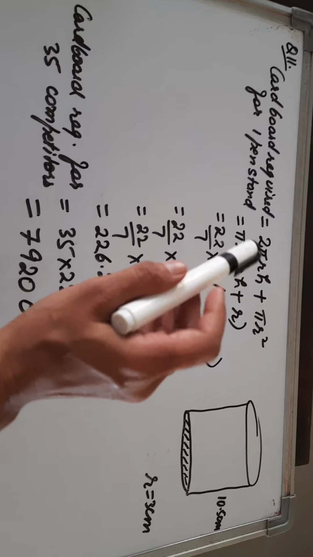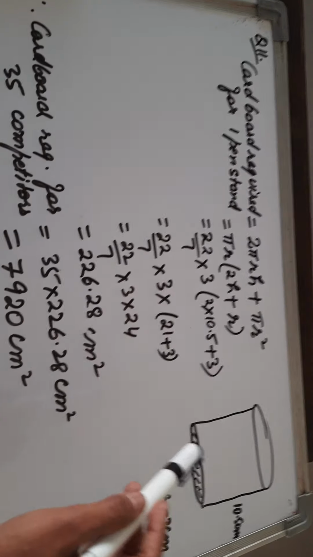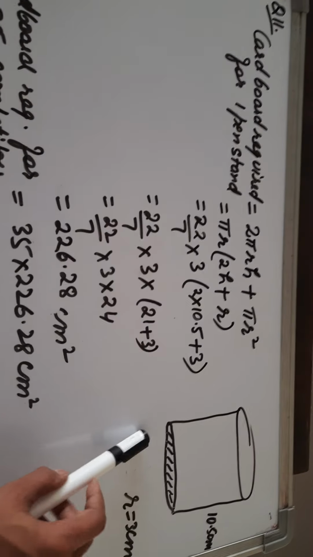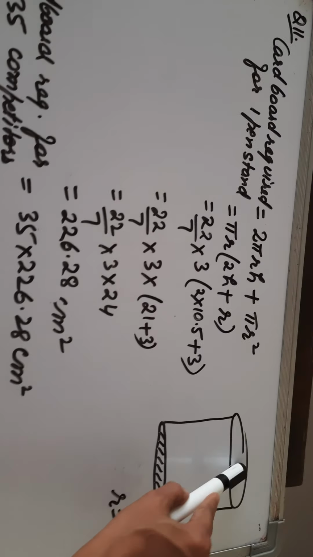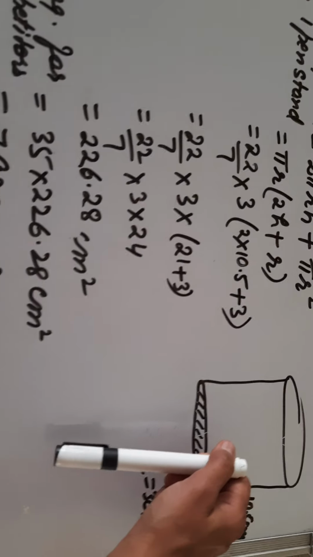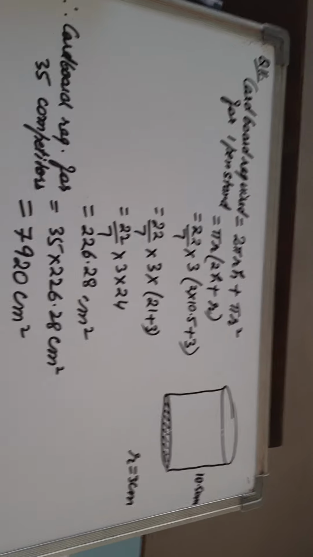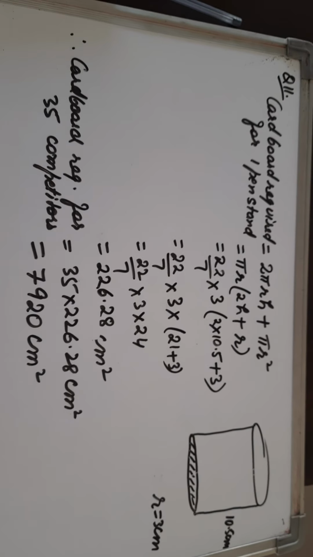So is it clear to you? I hope it is clear why we have taken only the base, because if you make a pen stand, you only need the base. We will not make the lid. And why is the base required? Because if you put the pen, it will fall down if you do not make the base. So do all the 3 questions. First try 3 questions yourself, okay?